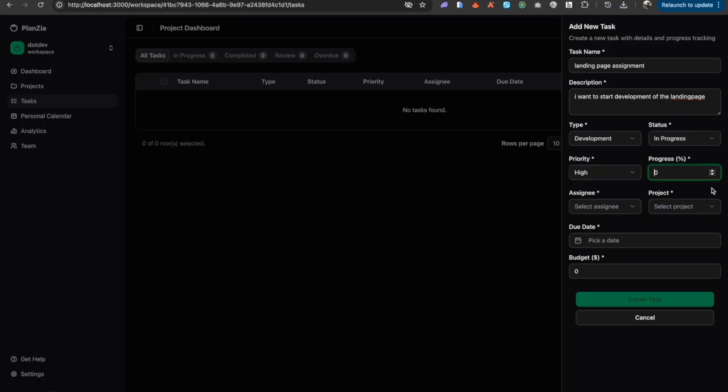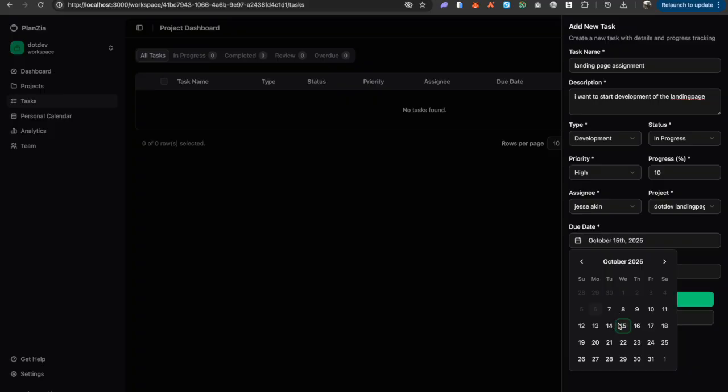You can select high, low, medium. It's always at 0, but you can now put it at 10. So you can assign the people you want. Currently you're the only one in your workspace, so you can only assign people in your workspace. But if you invite more people to your workspace, you can see all of them in that information here, so you can quickly select from here. You can select the project that this is under, then you can select a date,